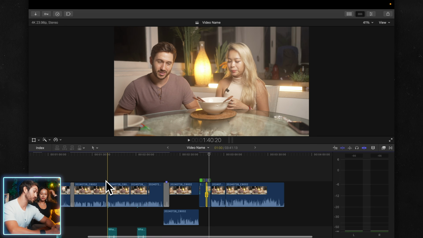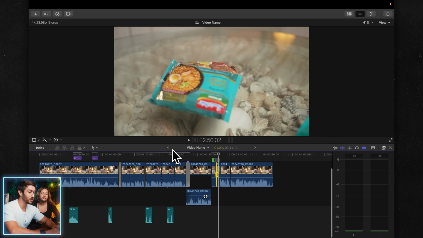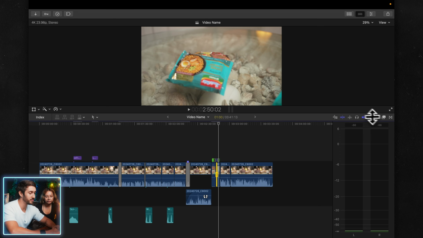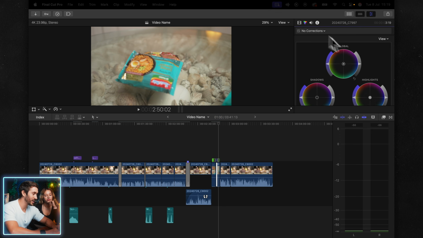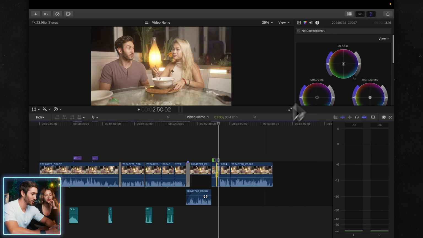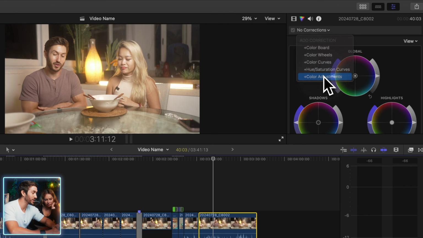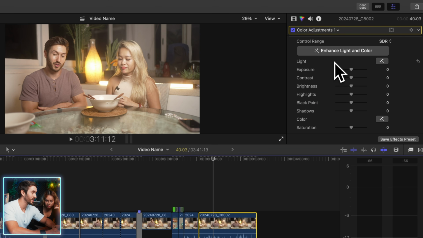Let's do exporting. So you have your video. We added everything that we wanted to add. We added the transitions, the effects. We went ahead and we'll pretend we color graded it, even though we didn't color grade. Let me just show you. If you do want to use that enhanced light and color, if you don't want to take the time to color grade, you could use this. Doesn't always work, but all you do,